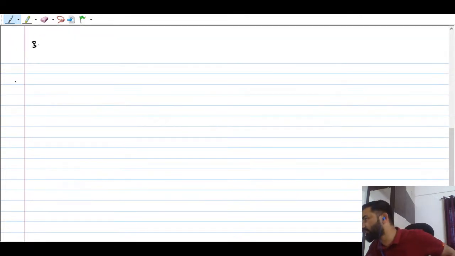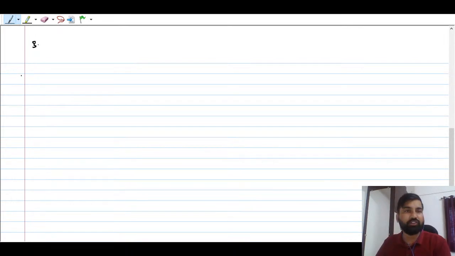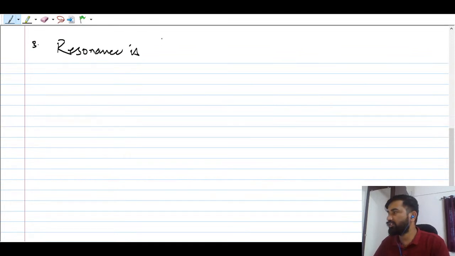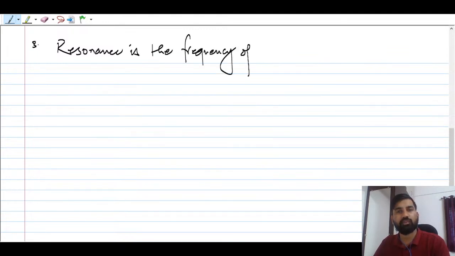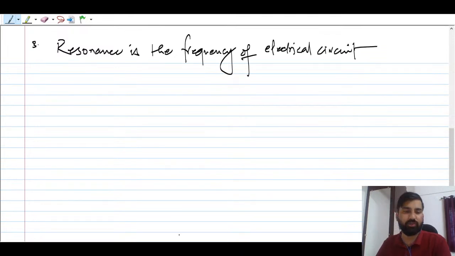The third point to keep in mind is that resonance is the frequency response of the electrical circuit. All these conditions you have to keep in mind while solving the question. Resonance is the frequency response of the electrical circuit such that